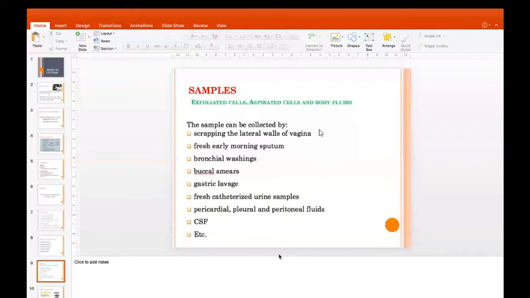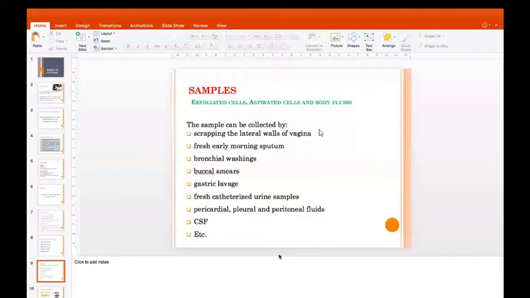Okay, so the sample can be collected by scraping the lateral walls of the vagina in case of pap smear, we can take an early fresh morning sputum. We can even take bronchial washings, we can take buccal smears, we can take spit lavage, fresh catheterized urine samples, pericardial, pleural and peritoneal fluids, we can take CSF also.